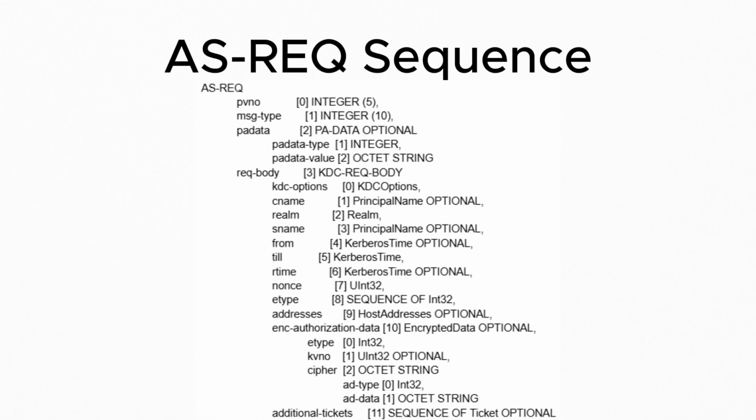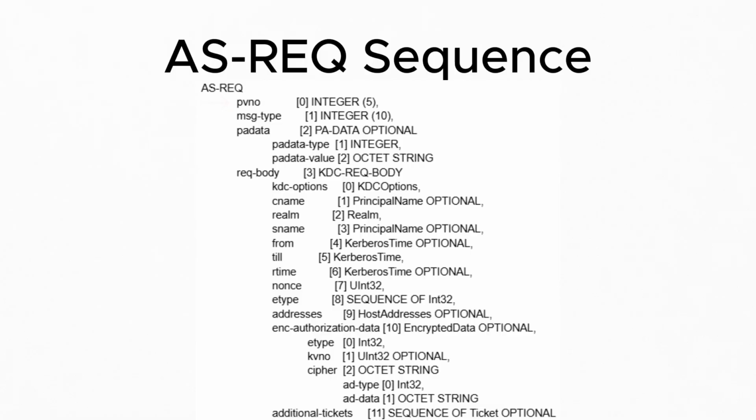And now finally, I kind of just want us to go over some of the message types that we're going to see, especially in this project. The top 3, or the most important 3 that I'll be going over, are AS-REQ, AS-REP, and Kerberos error. Now, AS-REQ is the first and most important, as it gets us the information to do everything else. Now in AS-REQ, there are 11 total fields within the AS-REQ sequence. These fields are